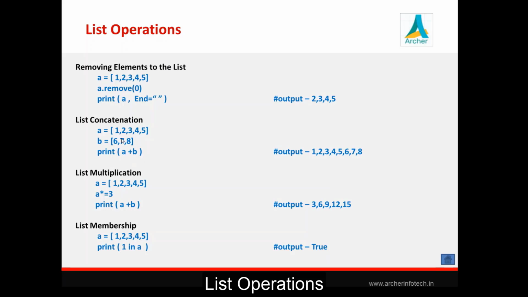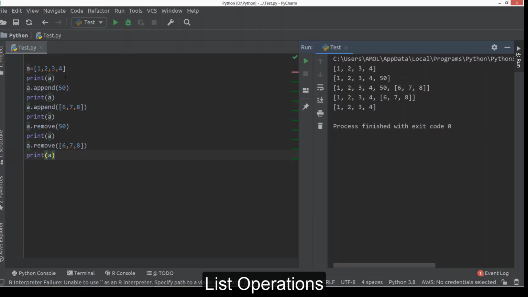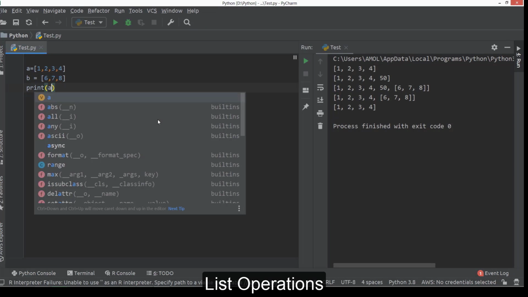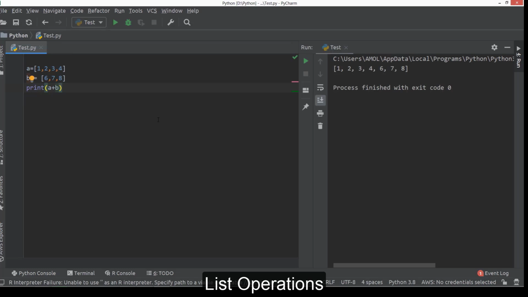Now these are the two operators we have seen in case of string: concatenation and multiplication. These two operators are even applicable to lists also. So we can concatenate one list to another list by using the concatenation operator, that is the plus operator. Suppose this is my one list, this is my second list, then we can concatenate these two lists by saying a plus b, and we can create a third list. We can say c is equal to a plus b. So c will contain all the elements of list a plus list b. So the plus operator we can use for concatenation of all sequences like list, tuple or string also.